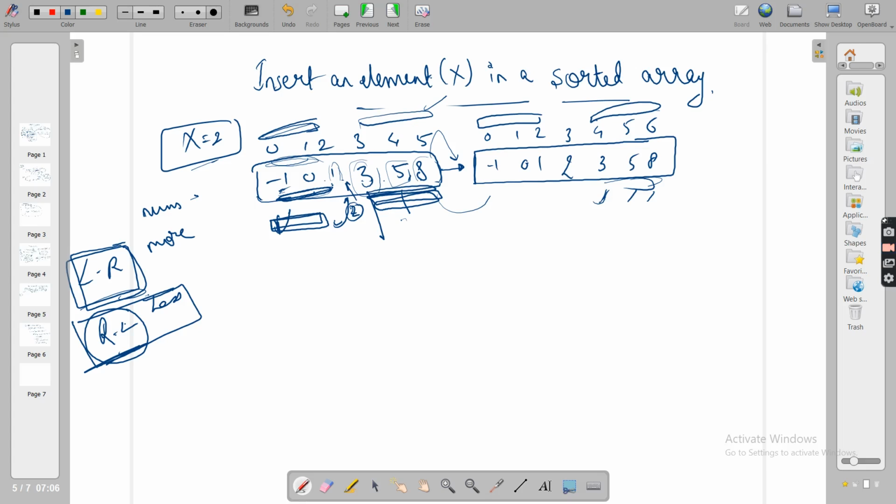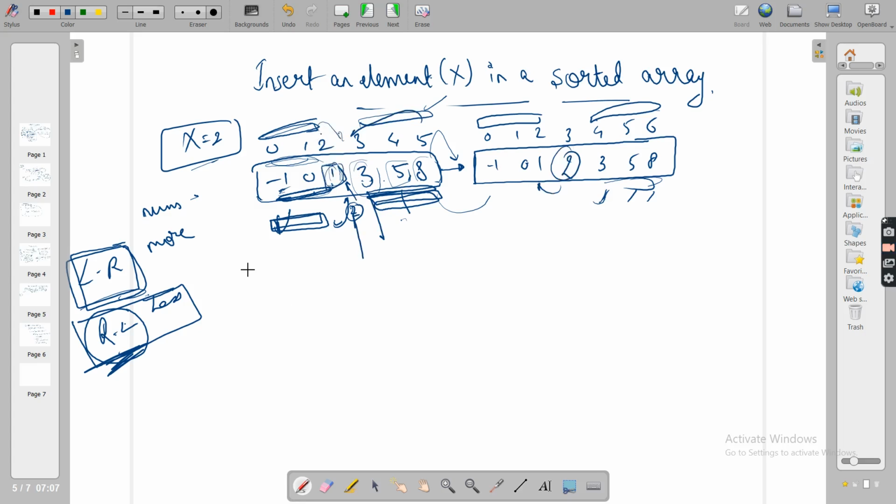For that, don't bring any of your preconceived ideas. Just see the test cases and they will give you the hint. Because we know that we will go from right to left, what are we doing? 8 is greater than 3, that is why we moved backward. 8 is greater than 2, we moved backward. 5 is greater than 2, 3 is greater than 2. Only when, from the end, we find the first element lesser than 2, we insert it just after that element. So 1 was lesser than 2, so we put 2 just after 1. This is the way we have to think.